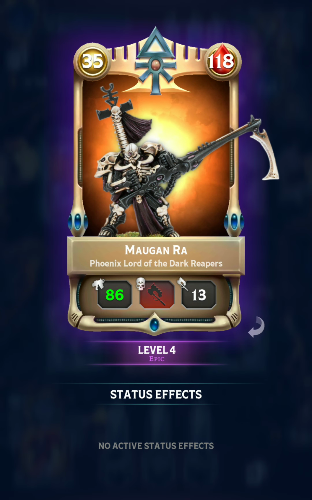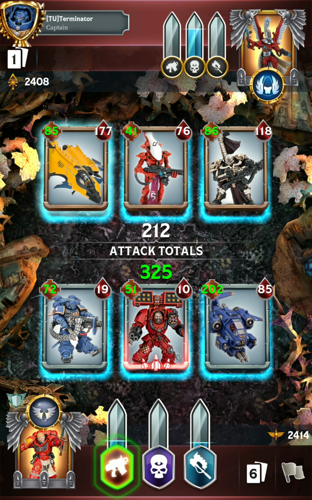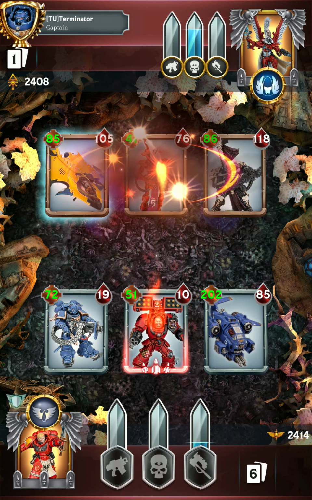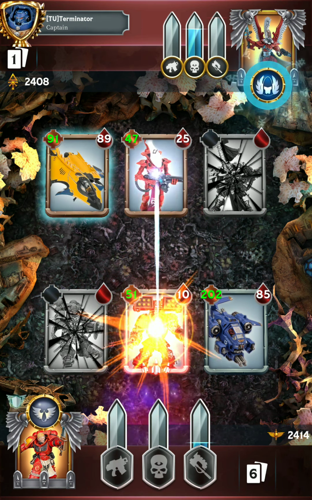Level 4, I think that's the same level I have him. Very low health, so he's going to be dead in 1 turn. This thing, on the other hand, is going to be dealing quite a bit of damage there. So, as long as the Storm Talon gunship is able to stay on the field, we'll be good to go, I think. So, with their counterattack, they're going to destroy 2 of these guys, and then